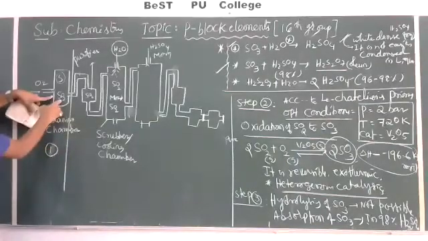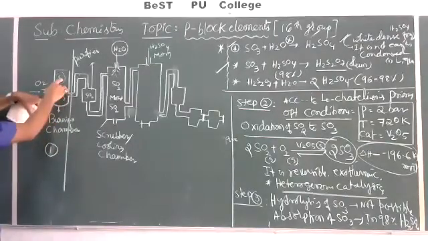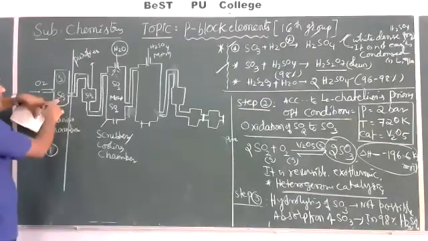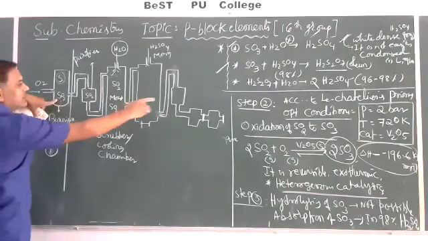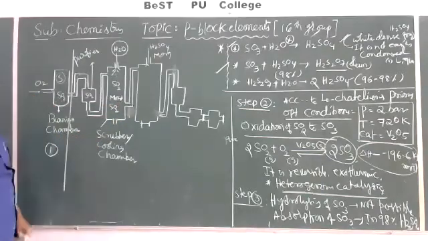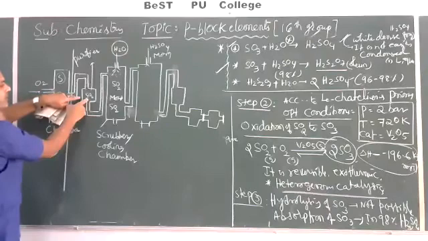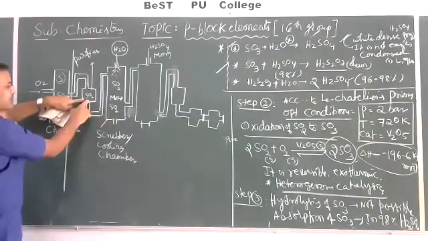So the sulfur dioxide is obtained by different methods: by direct combination of sulfur, or by complete burning of iron sulfide, it gives sulfur dioxide. The obtained sulfur dioxide is not pure, that is impure. That impure sulfur dioxide is purified by using a series of chambers. Now that sulfur dioxide is passed through a purifier. By using the purifier, we can remove some impurities.